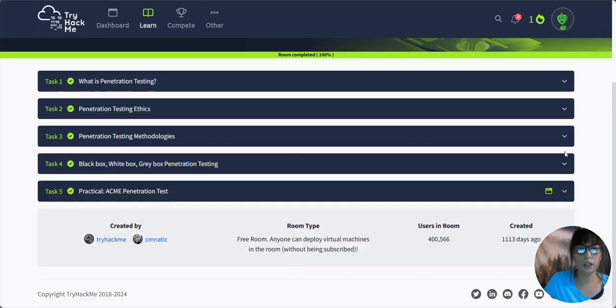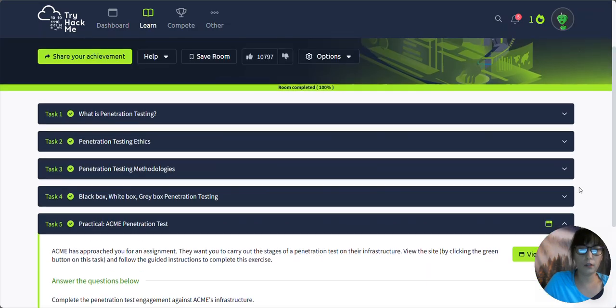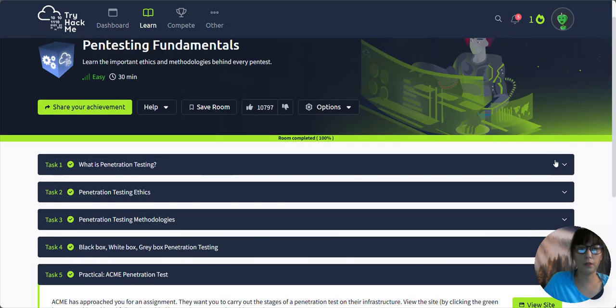Okay. Task 5, practical aim test. So this is where it goes to the, shouldn't have shown that, but that is it for this